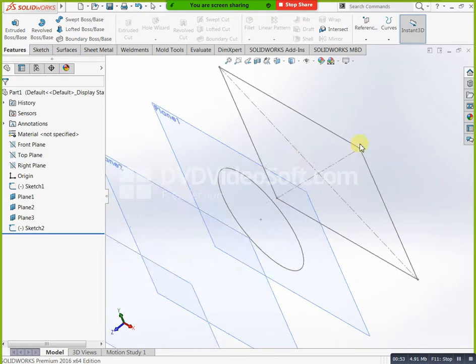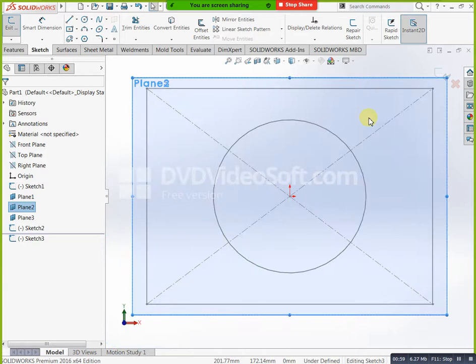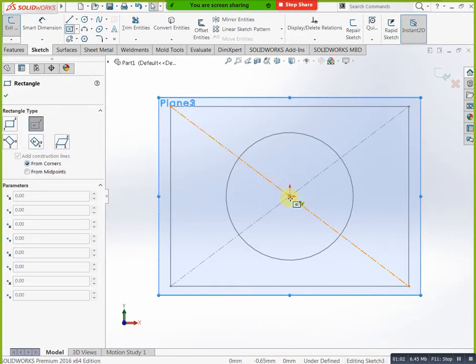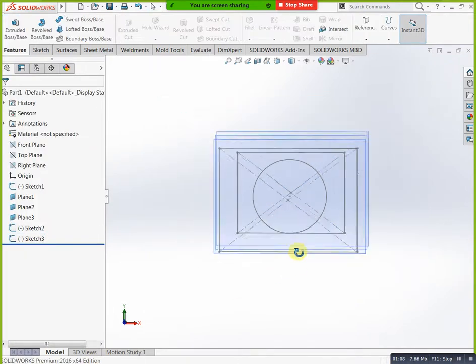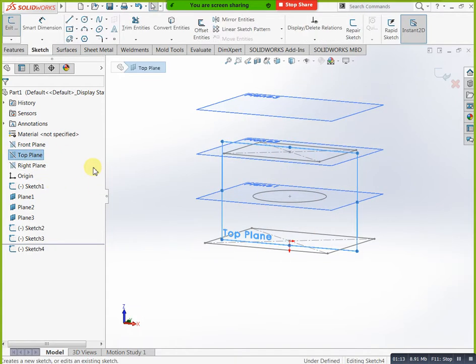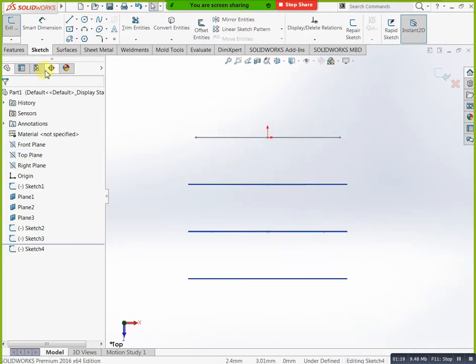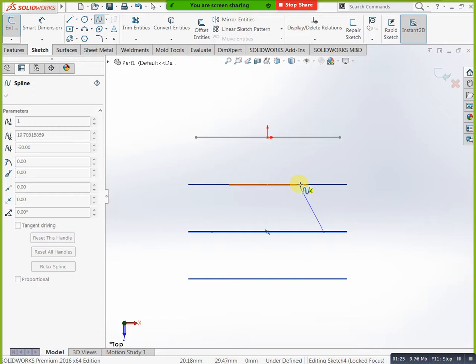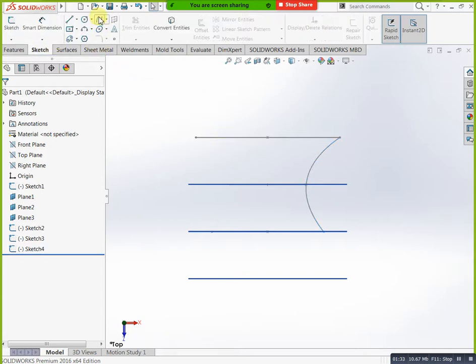Again I am taking one more plane, this one, sketch, control 8. Now you can draw one more, then finish. See now. Now we need to take one perpendicular like this, and here you can draw one guide curve. In loft condition we don't have any guide curves, but in boundary boss or base condition we need to mention our guide curve, means reference. This is our first, this is second point, this one is third. Finish now.